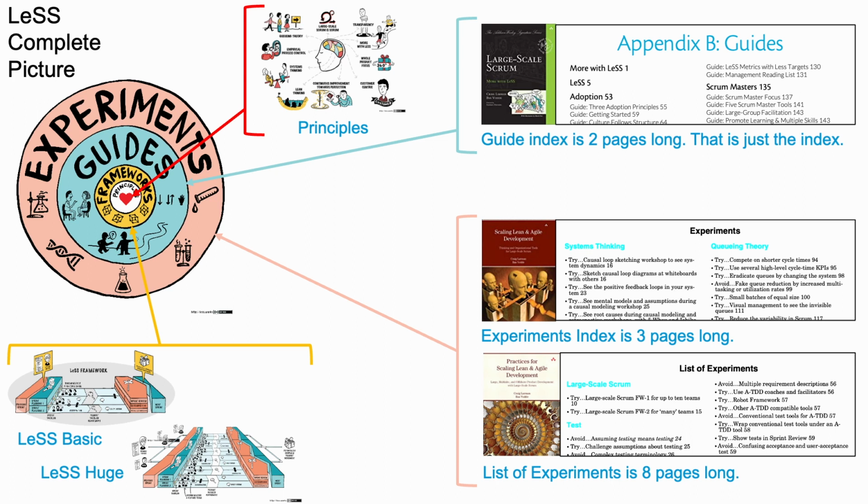So it's almost like a layered cake, or we call it the complete picture of large-scale Scrum, with principles and rules, and then guides and experiments. So these 4 experiments I just mentioned would be a way to validate and experiment with the guides that I also mentioned, communicating through code and integrating continuously. So it's all tightly interrelated, tightly coupled.